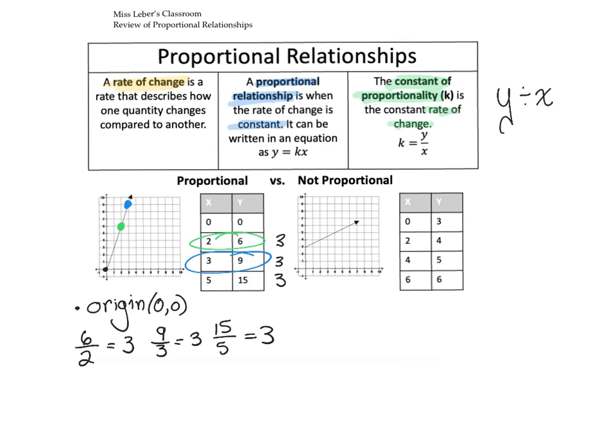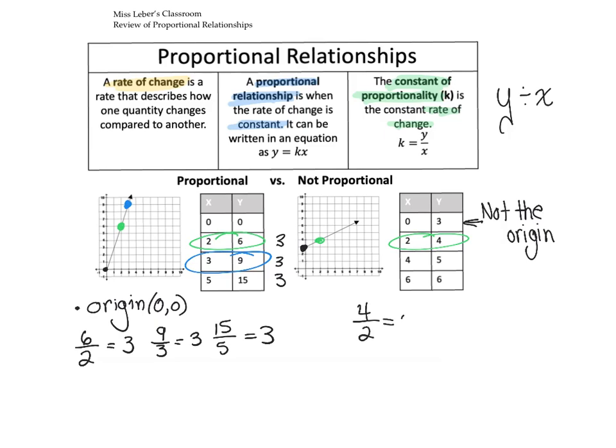Conversely, if I look at the graph on the other side, I can see that it starts all the way up here. It starts at 0, 3. That is not the origin, which means it doesn't start at the origin, which means it's not proportional. And again, if I check my y divided by x, if I look at my 2, 4, which would be right here, and I do